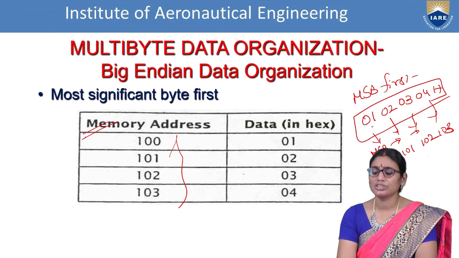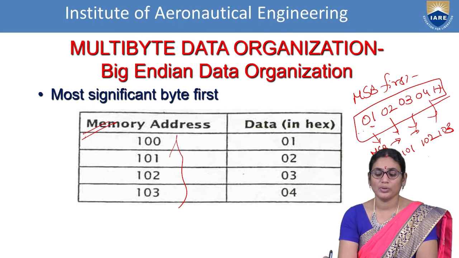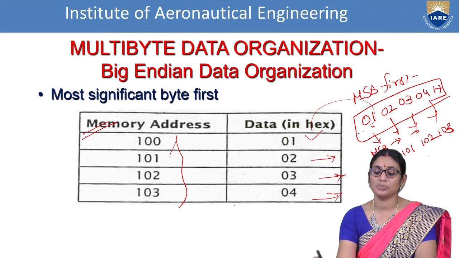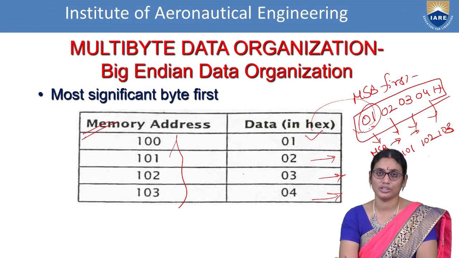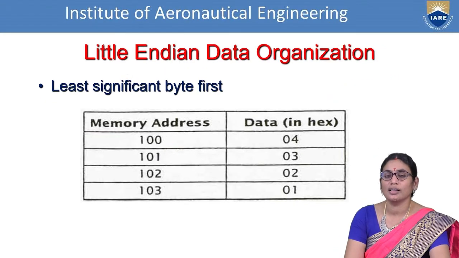Data is generally represented in the form of hexadecimal representation. Now this should be represented in the MSB format. In the MSB format, the first byte should be given in the first location, the second one in the second location, the third one in the third location, and the fourth one in the fourth location. This case is called most significant byte first. That means the first byte will be in the first location. The opposite or contrast for this will be the little endian data organization.